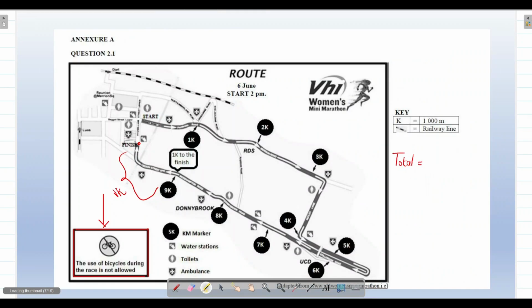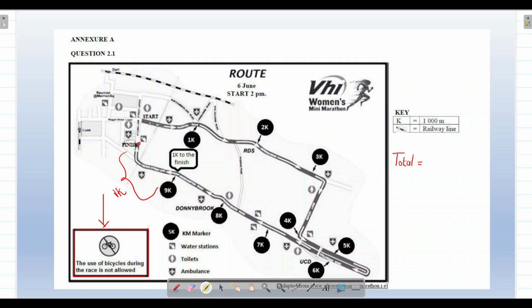But what we see about this V Women's Mini Marathon is that the distance is less than half of the standard for a marathon. Because with this V Women's Mini Marathon, they just ran 10 kilometers. But a standard for marathons is 42.2. So we can see that with this V Women's Mini Marathon, they ran way less than half of the